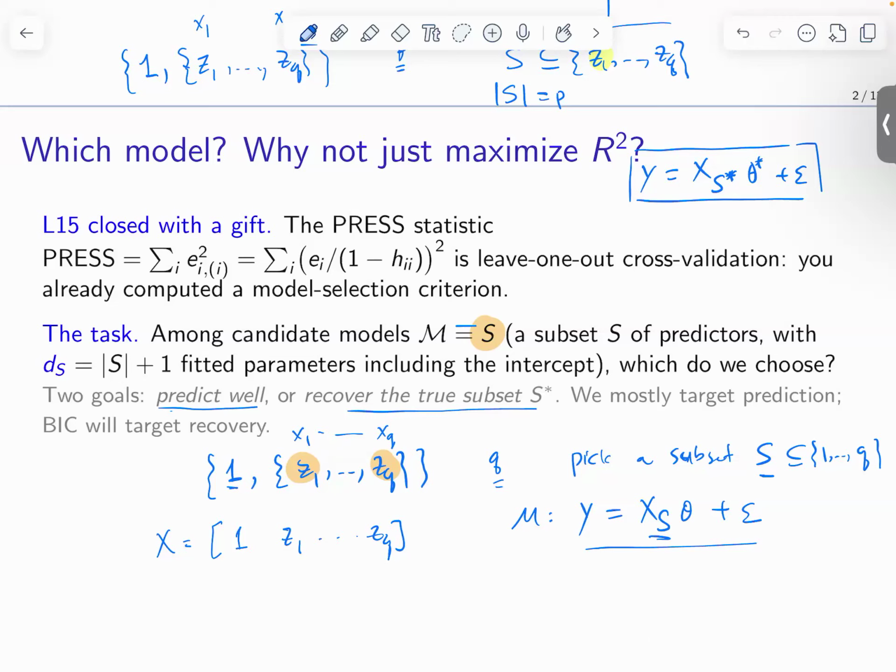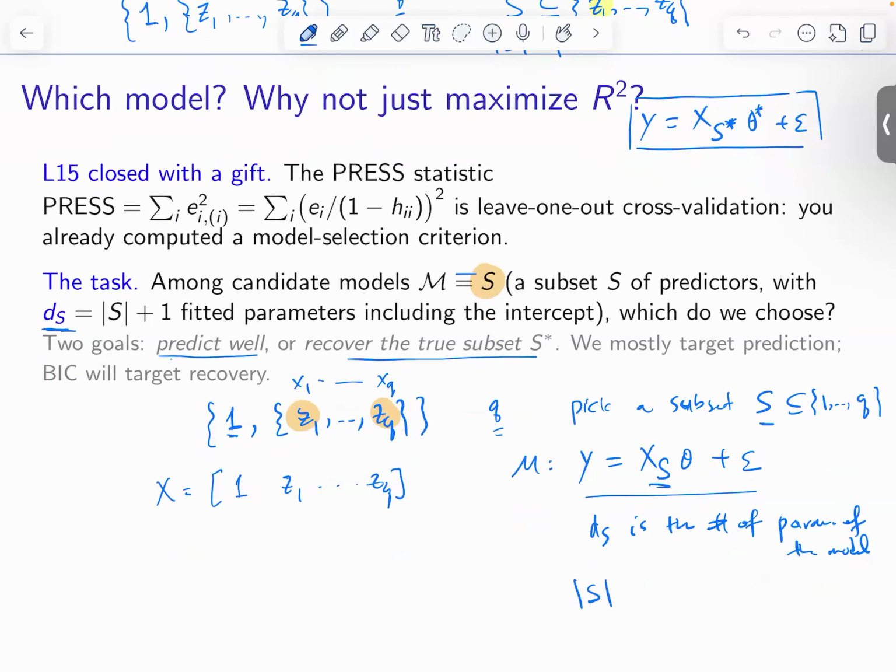and in each you can have multiple subsets of variables. But our task here would be to select a subset of these covariates, hence identify a linear model where the design would have those predictors only. Okay? So I'm going to use d_S for the number of free parameters of the model. This notation, the bars, is the cardinality of a set,